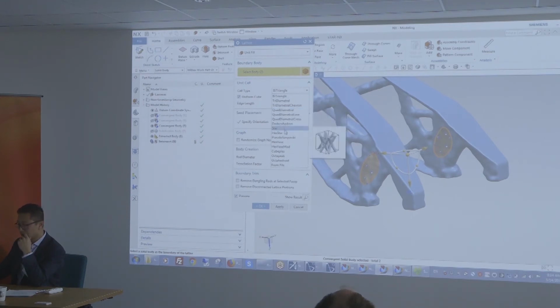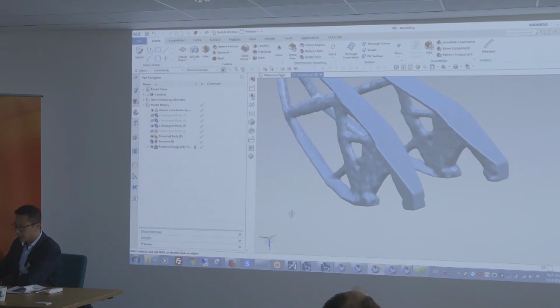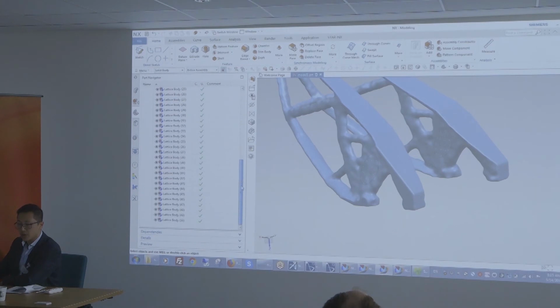So, what do we want today? Let's say tri-diametral, for instance. Let's take this one here. We can specify a few dimensions. Excuse me, I just want to pick the right shape to make the full effect. So 4 millimeters, let's say a raw diameter of 0.5. Okay, create this, and now it automatically created all those features. So this is kind of an automated workflow to create lattices, which is associative.